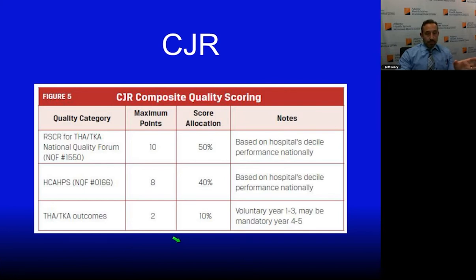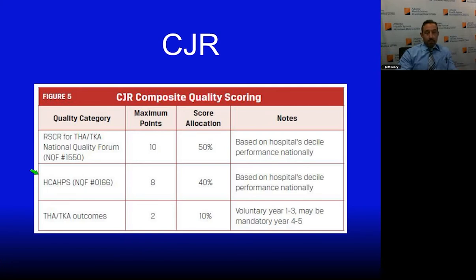The first one is the readmission and complication score, which is based on a national percentile. Then you have your HCAHPS, which are your patient reviews. The problem with this is that those HCAHPS are not just for the orthopedic floor at the hospital, they're for the entire hospital. So it really is a little bit of a setup for failure because it's not just based on the patient satisfaction scores of those receiving these surgeries, it's across the board for the entire hospital. So it really does incentivize the hospital to improve quality across the board, not just with their total joint program.